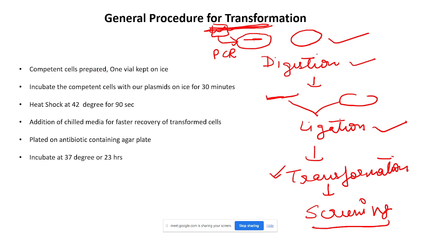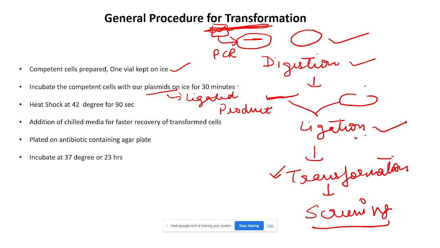Suppose we have prepared our competent cells and they are stored at minus 80 degrees. Now today I want to do transformation, so I have taken out one vial and keep it in ice. Now I have my plasmid, which means the ligated product, where the plasmid has your insert. So whatever ligated product I have, I will incubate my competent cells with it